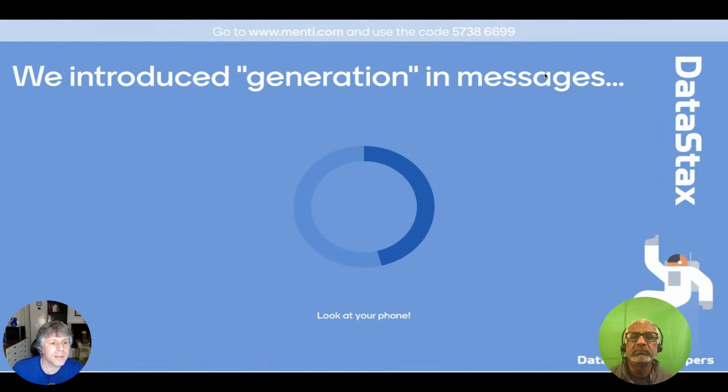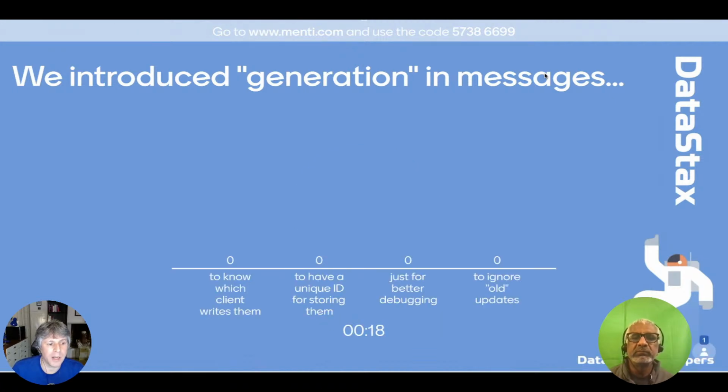We introduced the generation in messages to know which client writes them, or to have a unique ID for storing them, or just for better debugging, or to ignore old updates. So there was a precise reason that led us to discuss the generation number in the messages, and that was